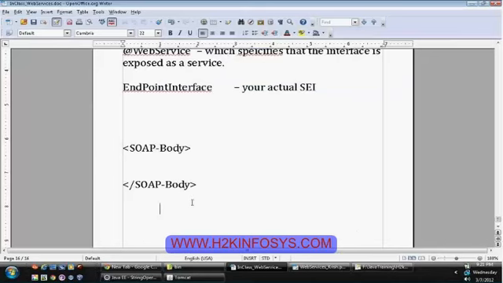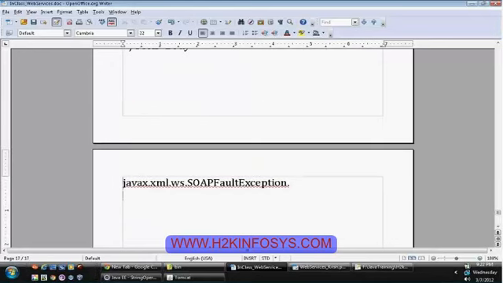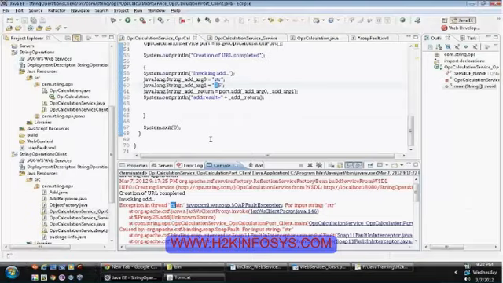So whenever an exception occurs with respect to the service provider, it will create an object called javax.xml.ws.soap.SOAPFaultException. Whenever you are making calls to the operations, you are supposed to handle this particular exception whenever any error messages occur, and you are supposed to catch those exceptions so you can retrieve the actual information about the error.